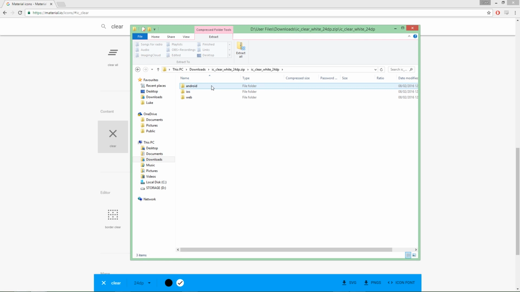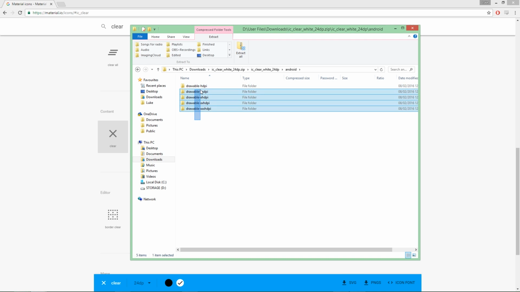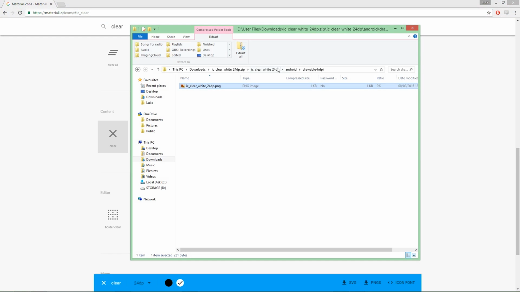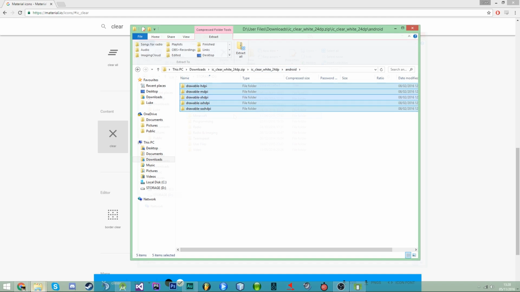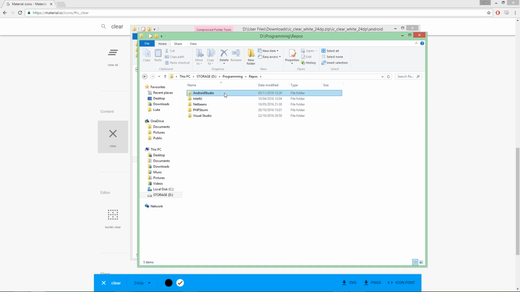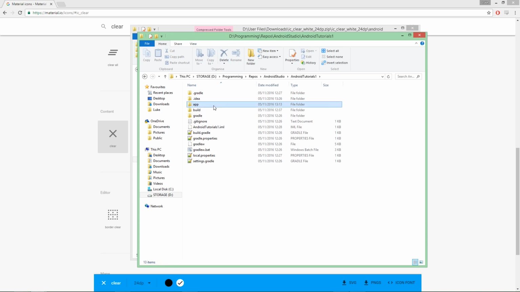Okay, so we're going into the Android folder, and all of these are different sizes. You see there's that one there, and we could keep going through, and it's the same thing in there, and the same thing in there. They're just slightly bigger in each one. Okay, so if I go into the place where I have Android Tutorials 1,